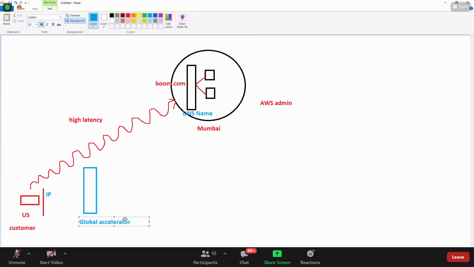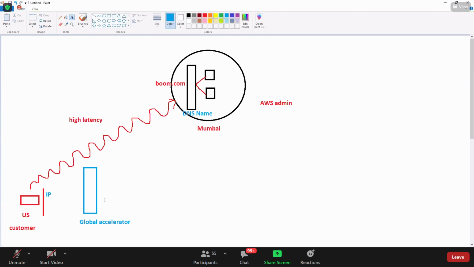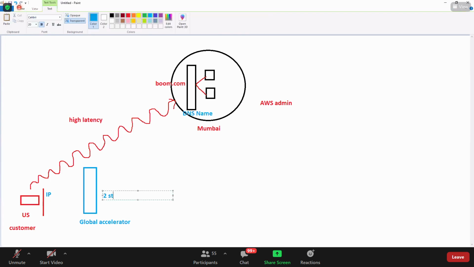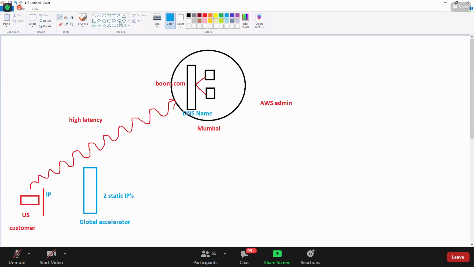Global accelerator. So global accelerator gives two static IPs. So you can give these two global accelerator static IP addresses to your firewall, and then this global accelerator will directly connect to your load balancer.